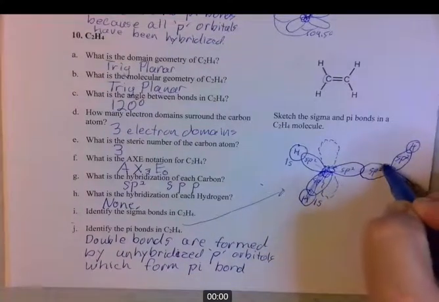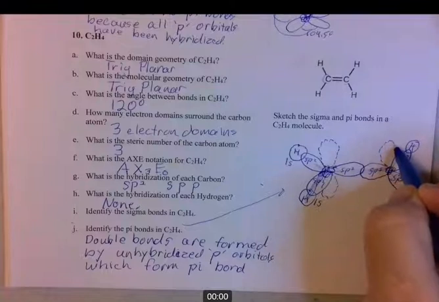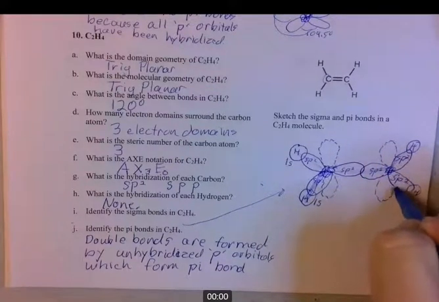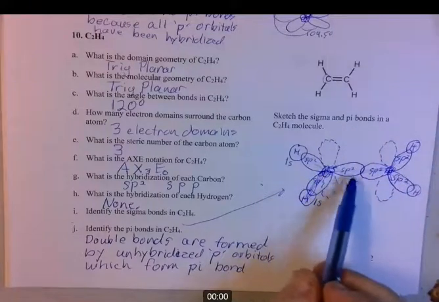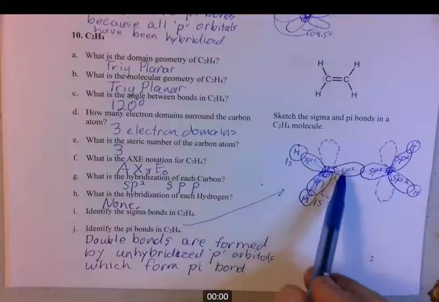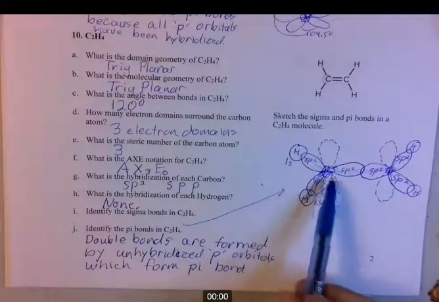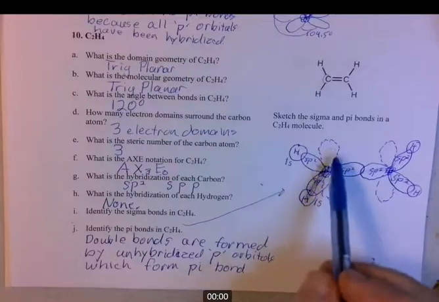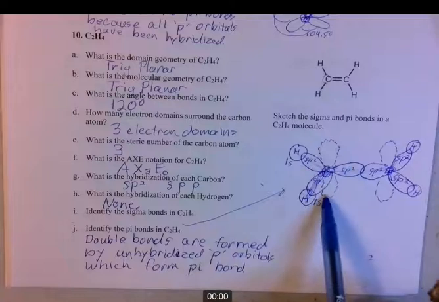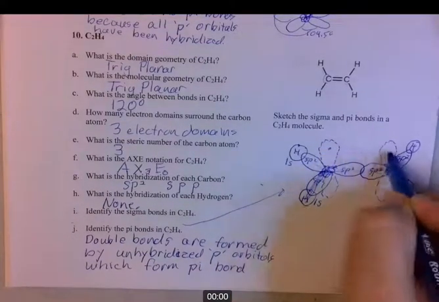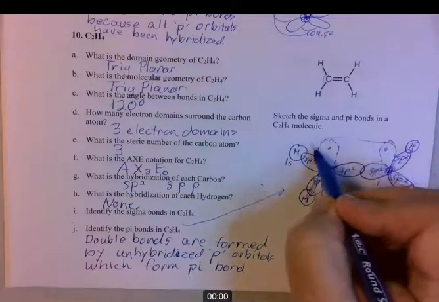And this carbon atom also has an unhybridized p orbital. So 2 of the 3 p orbitals for this carbon became joined in with the s to form the sp2. So you have an s and a p and a p. That's the px and the py, or pz. It doesn't really matter, as long as you're consistent. I usually think of up and down as the y-axis. So there you have 2 p orbitals that are unhybridized, but they're each holding an electron. And so what they do is they form